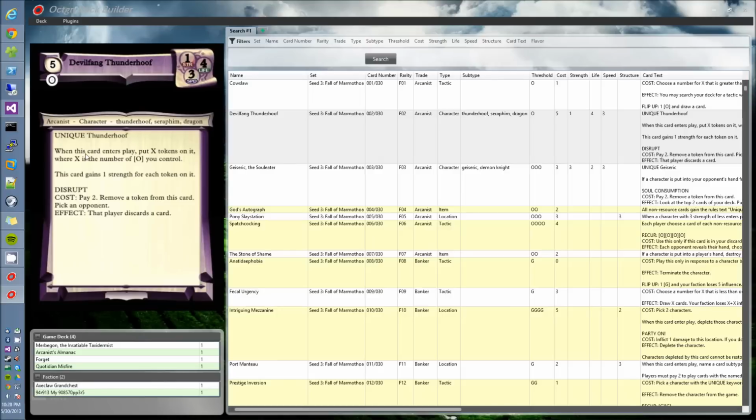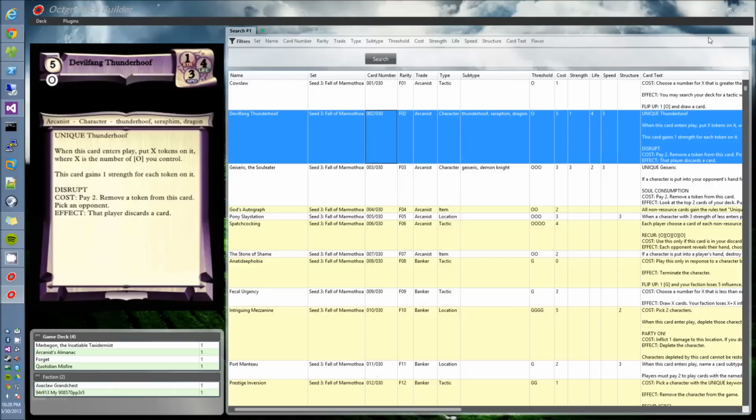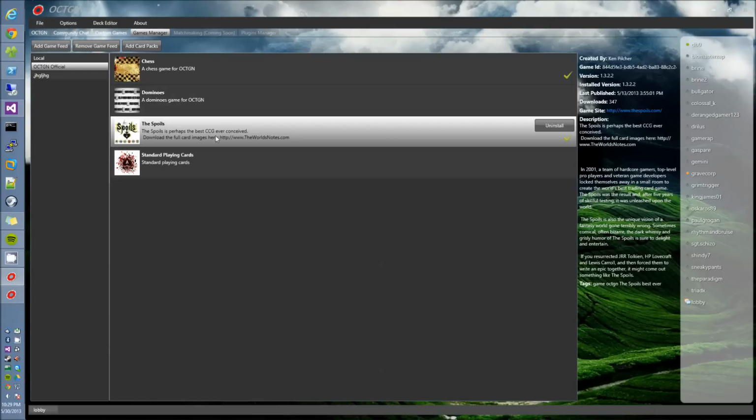So what's going on here is we use a proxy engine. So when people are developing their games, they just put in the data and a few images, and they can template it out so that all of their cards, so you have pictures for all your cards. You don't technically need card images to play your games. But what I'm going to show you here is, I'll just leave this open and minimize it, is that you can actually get card images and install those if you like as well. And so we notice here it says download the full card images here. So I'm just going to go to that website here,